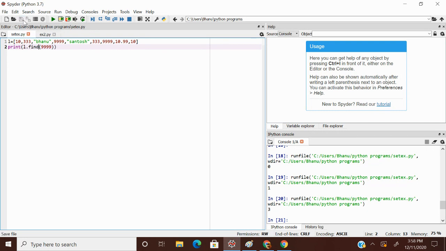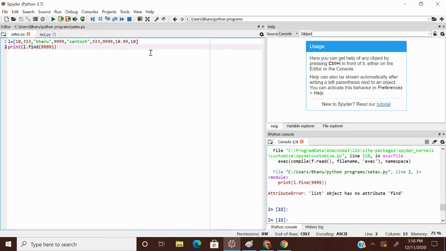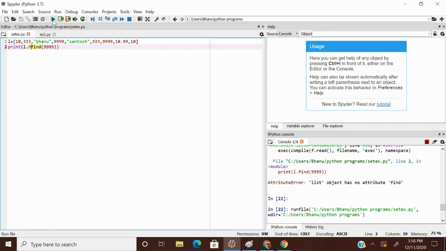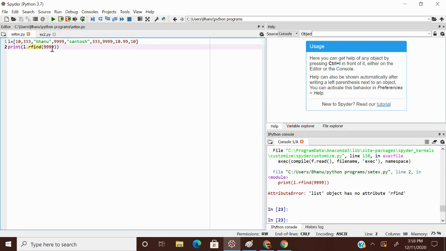What exception do we get? See, attribute error: list object has no attribute find. Now rfind also, I told you, there is no such attribute in list. rfind and rindex do not work in a list.